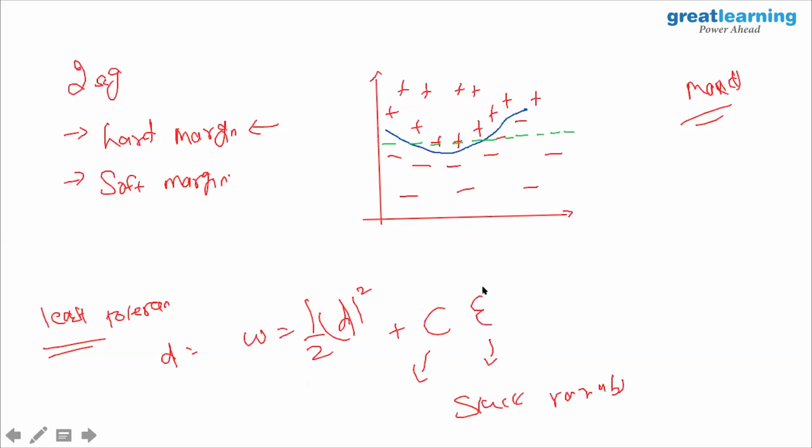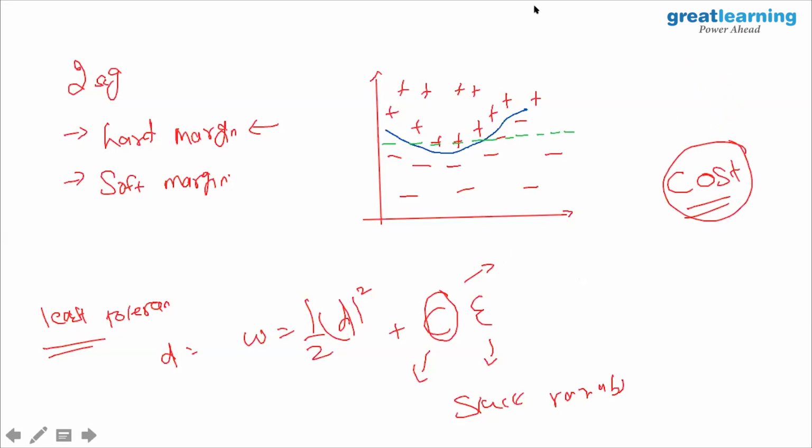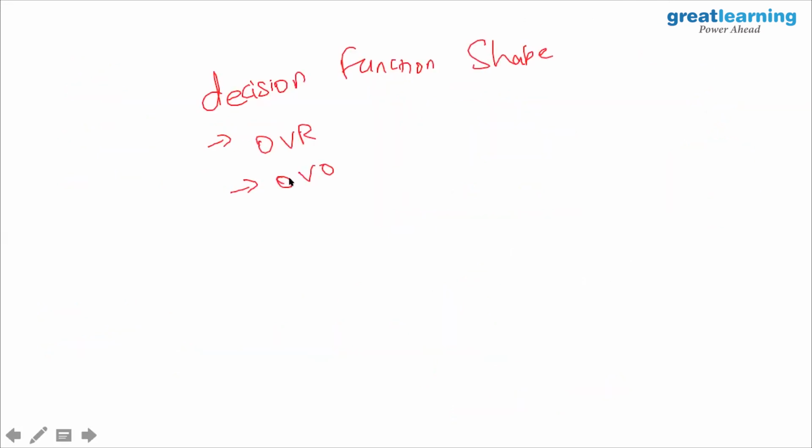How much of the errors should I accommodate, right? This is your cost factor, one of my parameters: the cost of penalizing the error and the cost of accepting the error. This is the parameter called cost. Out of the three parameters I have, called kernel, cost, and gamma, this cost determines the acceptance or the tolerance of errors in my model. Right, so let's talk about it.